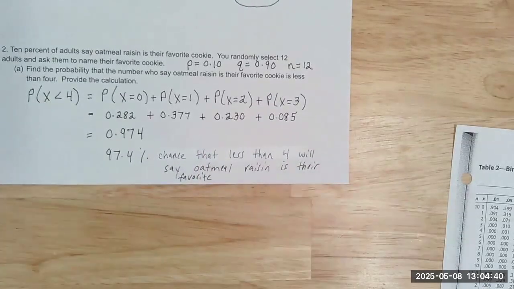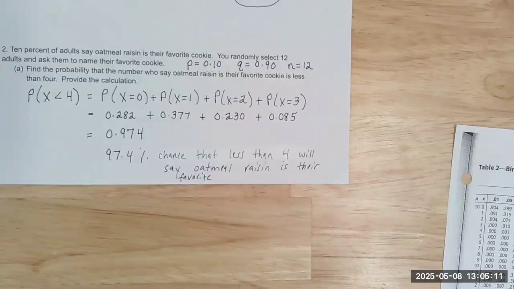So of those 12 that we asked, there's a 97.4% chance that less than 4 of them will say oatmeal raisin is their favorite. Question. So let's say that we decided to take the complement of it instead, like let's say that for whatever reason, maybe we wanted 10 or more, so we decided to do the complement. In this situation, we would just subtract 1 from what we get, or 1 minus what you got. Yep, so you would do everything the same and then just simply take